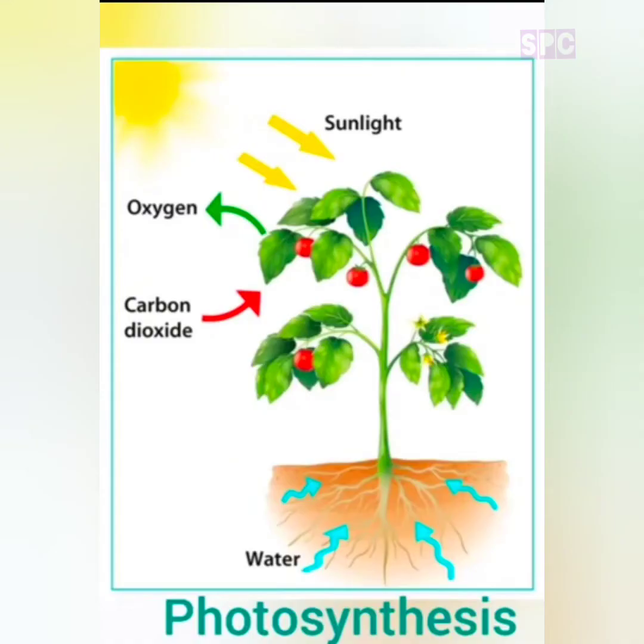So, children, green plants prepare their food using sunlight, water, minerals, carbon dioxide in the presence of a green pigment which is called chlorophyll. And this process of manufacturing food by green plants is called photosynthesis. Children, this green pigment called chlorophyll is very important for plants to manufacture their food.